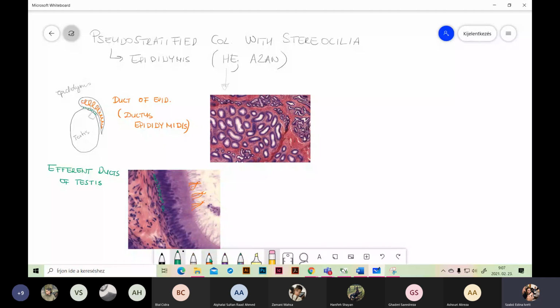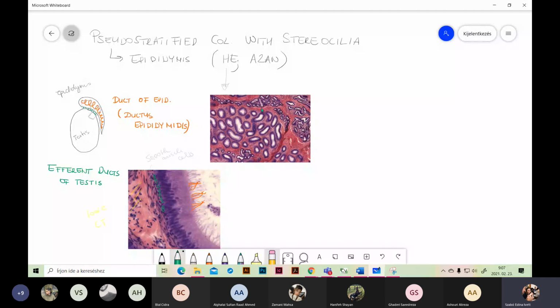And around the vessels here, these are smooth muscle cells with darker eosinophilic color. And here you see the color of loose connective tissue. Okay. And in this zone,